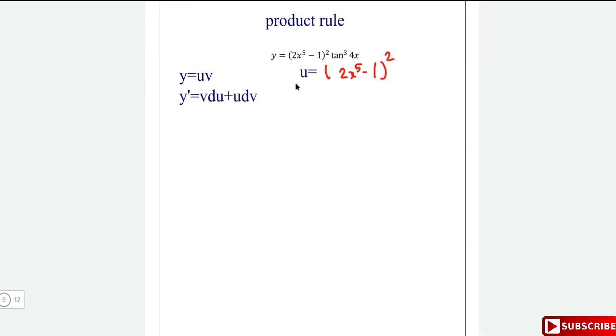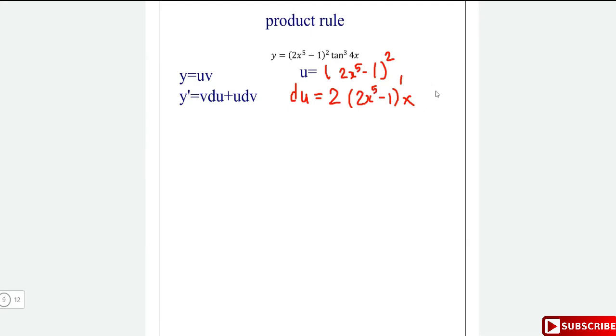Then all you need to do is write down what's your du. Your du would be, using chain rule, carry down the power 2. So it would be 2 times, in bracket, 2x to the 5th, sorry, minus 1. Then you subtract 1 from the power to become 1. And you multiply it by the derivative of what's in the bracket, which is 5 times 2x to the 5th